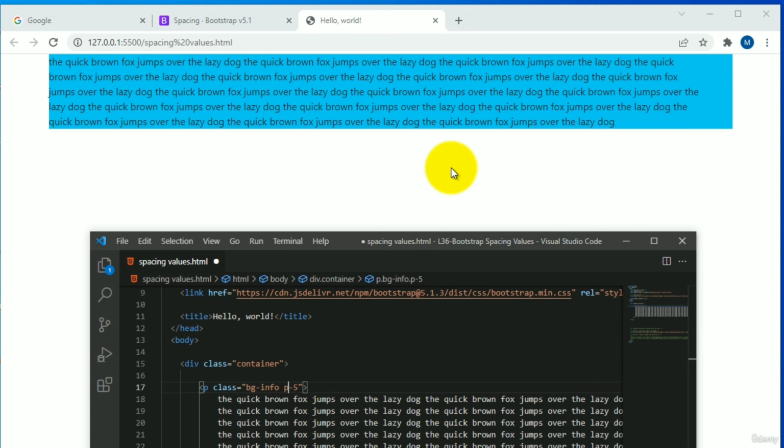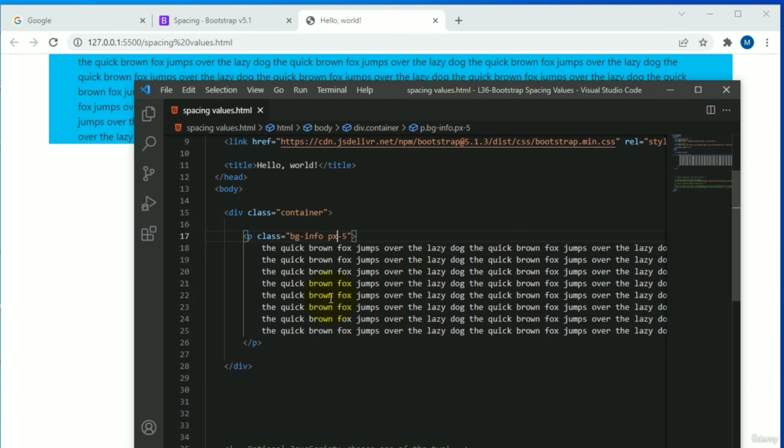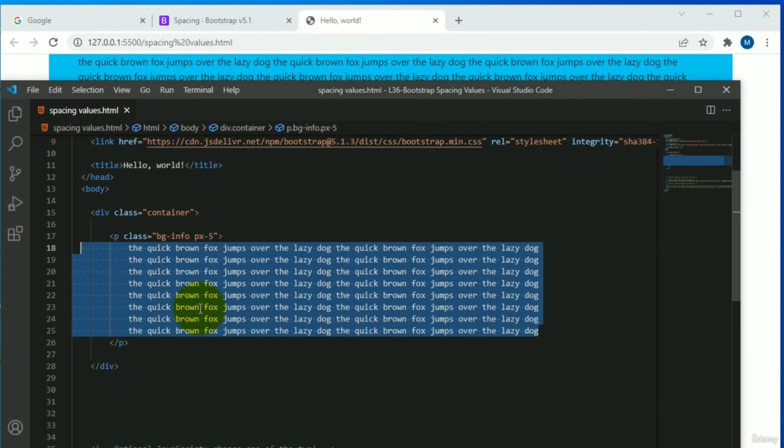For that I will assign px. Save this one. Now you can see there is a space for left and right. So this is the padding value, and I will tell you about margin also. For that I need one more paragraph. So what I will do is copy this entire paragraph, as well as I will take